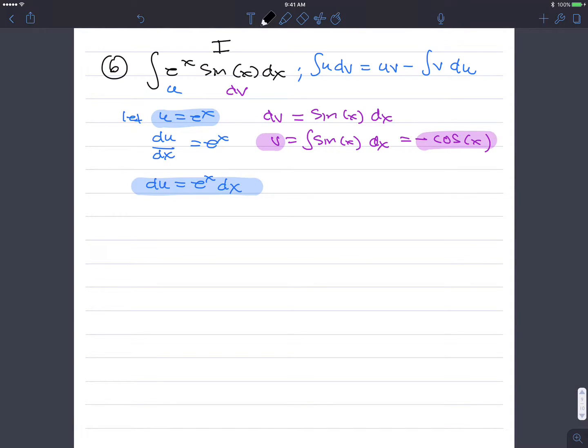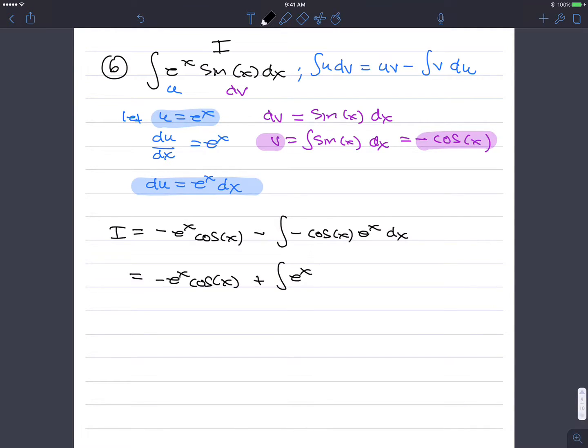I'm going to call this integral I, by the way. So let's try this out. This integral I becomes uv, so it's going to be negative e to the x cosine x, minus the integral of minus cosine x times du, which is e to the x dx. So this integral I is minus e to the x cosine x plus the integral of e to the x cosine x dx. Okay. So like the example in class, we're going to apply integration by parts again. So I'm going to say here, use IBP again. Integration by parts, where my u is e to the x,